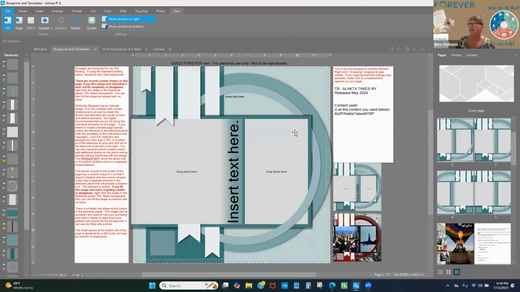There are a few things you can do once you have your blueprint loaded in here. And this is another way you can insert a page or pull in a page to your project. If you right click over here in this panel,